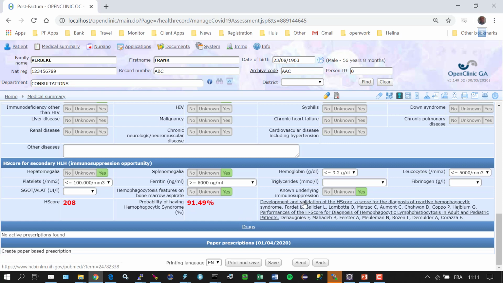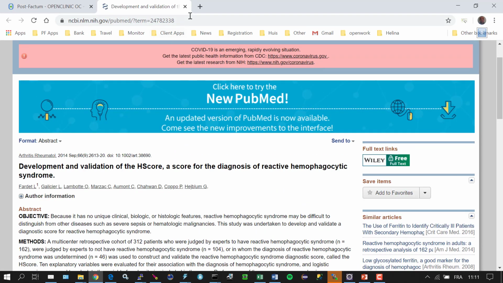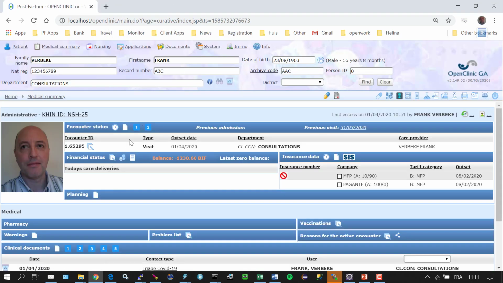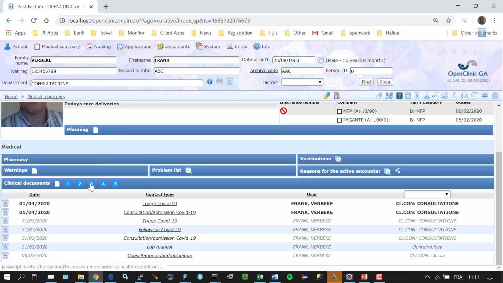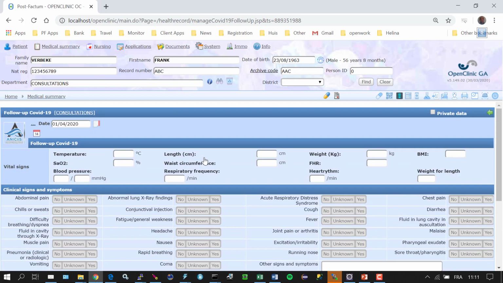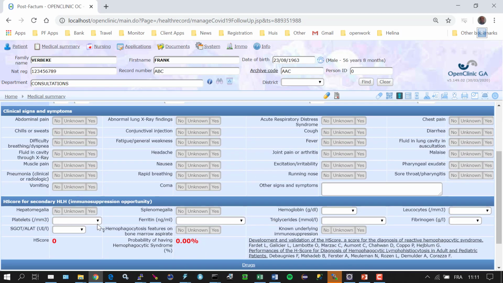And there's also a number of links here to literature that has been published on this topic on PubMed. And then once we have admitted the patient, we can follow up the patient in the health facility using the follow-up screen. This follow-up screen contains a subset of the previous screen with the vital signs section and also the clinical signs section. And then also the same section for calculating the H-score or the probability of having hemophagocytic